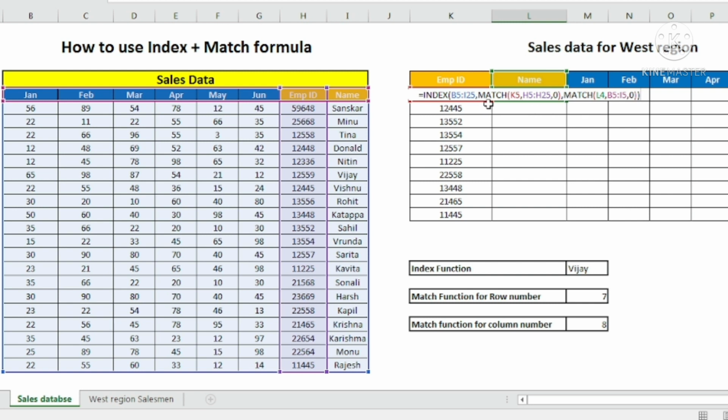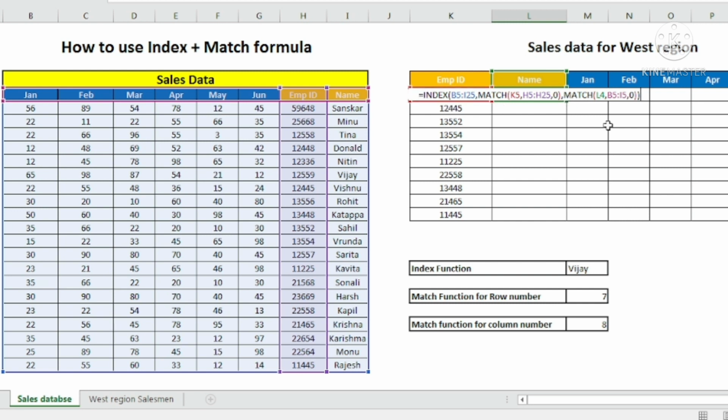So the row number for this particular employee ID, I want to find out with the help of the match function. So I use the match function. For this match function, I have given the lookup value as this particular employee ID, and then comma, the table array for the match function is this employee ID column, and then comma, exact match 0. I completed the match function, then comma.